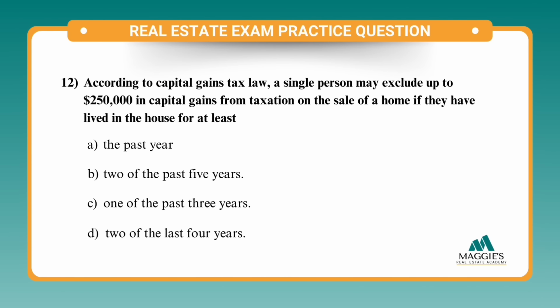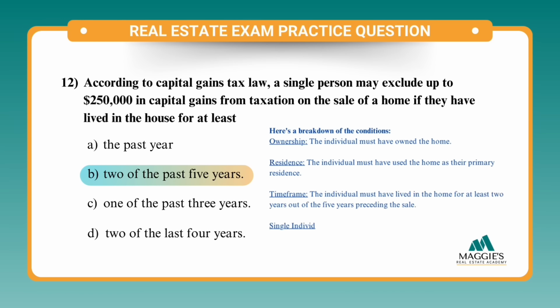The correct answer is B, 2 of the past 5 years. Under the capital gains tax law in the United States, individuals can exclude up to $250,000 in capital gains from taxation on the sale of a home if certain conditions are met. So, single people, $250,000, married filing jointly, $500,000, and both of those have to live in the property 2 of the past 5